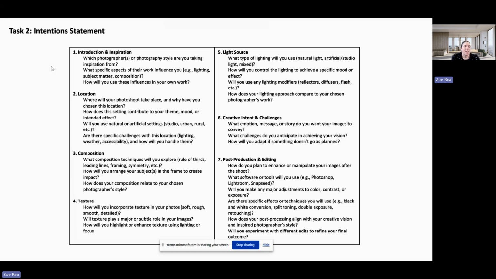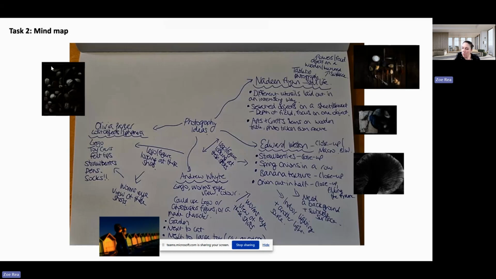Composition, think about techniques that you might explore, whether you'll have rule of thirds featuring in your work, leading lines, framing, and then symmetry. With one of the ideas I had, if I go back, with the strawberries one for this Edward Weston idea, in my head, my vision is that the strawberry texture with the seeds is going to take up the whole of the frame. Whether that ends up being in the photograph that I take or whether that ends up being when I edit it, somehow I might have to crop it down a bit, who knows. So really do think about